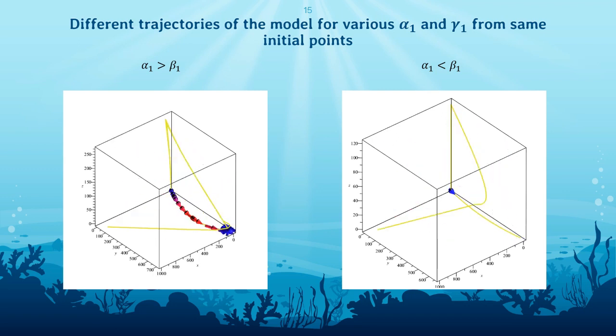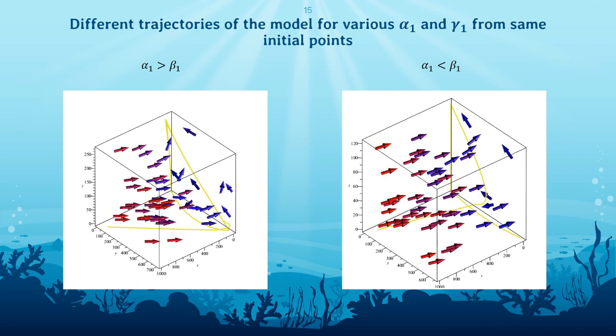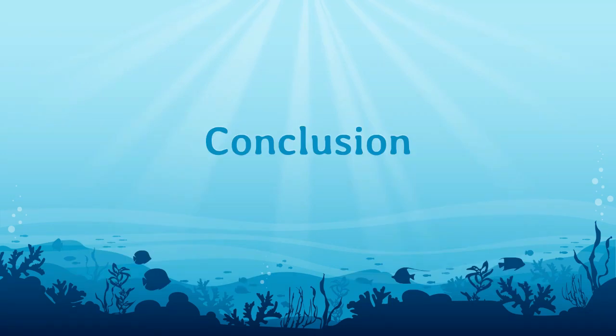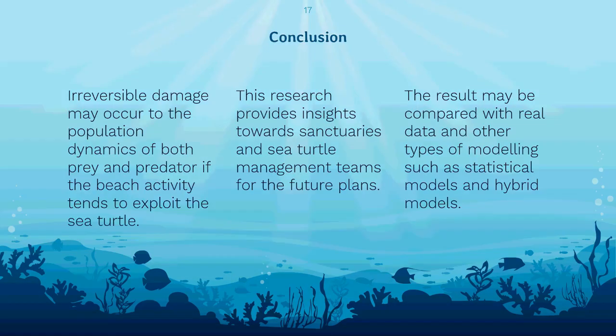The left hand side is when alpha 1 is more than beta 1, and the right hand side is when alpha 1 is less than beta 1. So we can see ultimately on the left hand side the trajectory will show a cycle, but on the right hand side the cycle has disappeared. As conclusion, we can see the irreversible damage may occur to the population dynamics if the beach activity is not balanced,